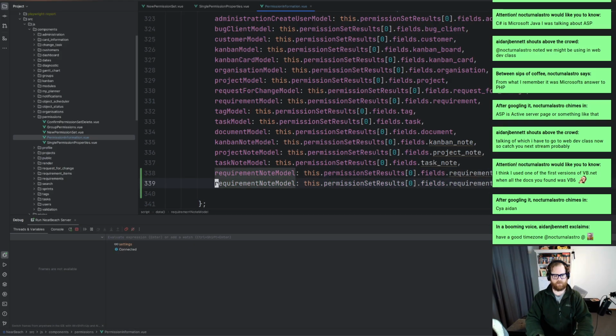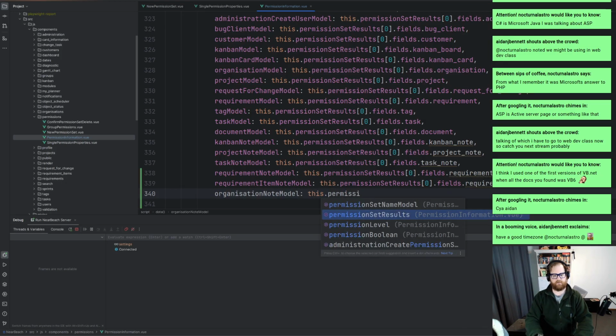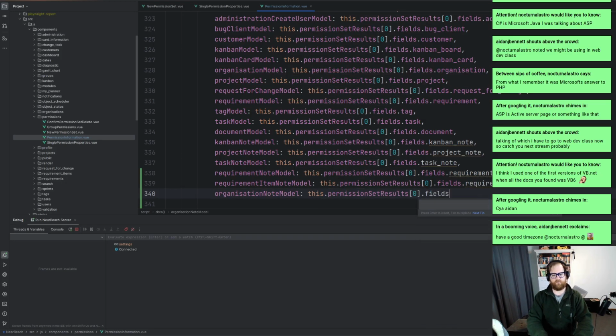I'm just going to copy and paste that because I am just going to go item note, because it's essentially the same. And then organization note model is this dot permission set results 0 dot fields dot